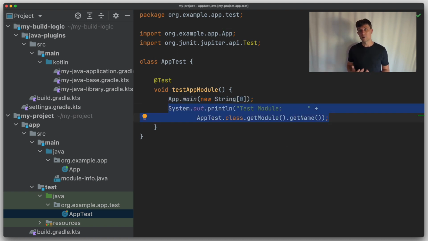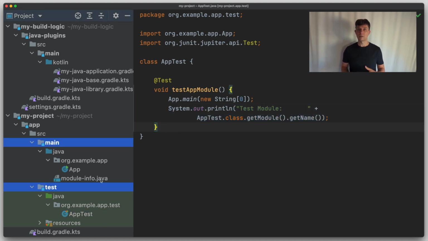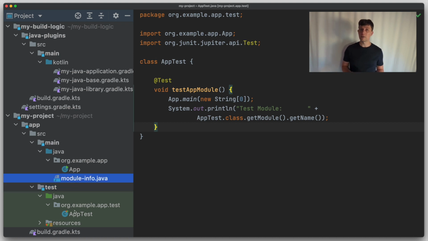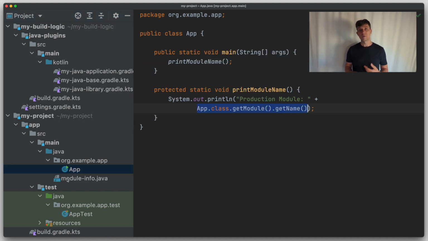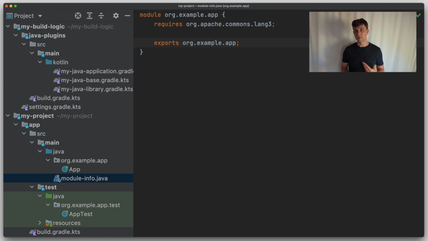Right now, we are not using Java modules. Even though there is a module info for our production code, there's none for the test code. Because the test is located in a separate source set, it's like a separate module from the Java module perspective. So it would need its own module info, but we'll get to that in a bit. For now, because the tests themselves are not modules, Gradle will decide to run them with the class path. And if it puts our main application module on the class path, it will just be treated as a traditional jar and the module info will be ignored.